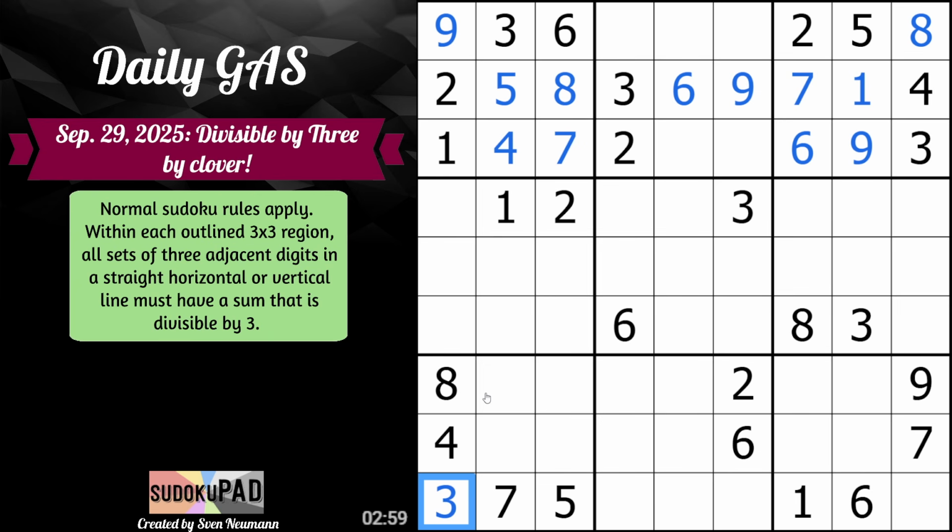6 and 9 aren't options, so this is 3. So we do get a 3 in the corner with our classic 3, 4, 8. And 3, 5, 7 as well. Then, well, 2 goes here. 2, 7 is 9, which means we need something remainder 3. It must be 6. This will then be 9,